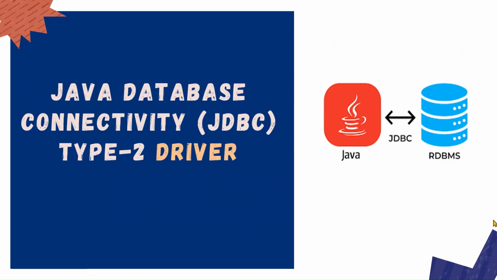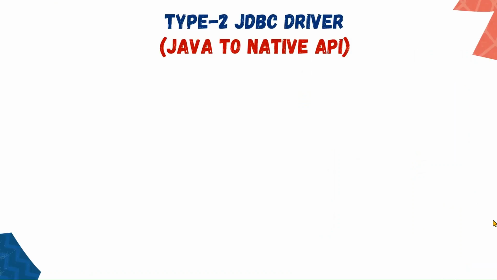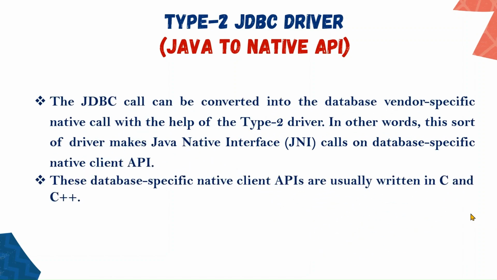Today I will explain to you about Java database connectivity, that is JDBC type 2 driver. Now basically the JDBC driver is used to translate the Java calls to database calls and database calls back to the Java calls. Now we have four types of drivers, and in that type 2 driver is Java to native API driver. Now the JDBC call can be converted into a database vendor specific native call with the help of type 2 driver. In other words, this sort of driver makes Java native interface calls on database specific native client